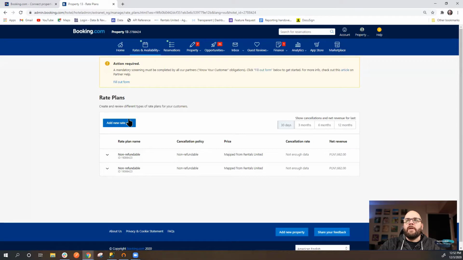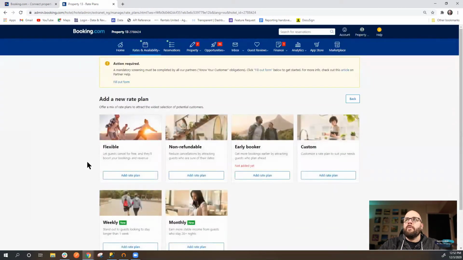Okay? Because we're going to add a flexible rate plan. We're going to make something flexible for customers, and we're going to look to charge a premium on that. So go ahead and click Add New Rate Plan, and then you'll be brought here to see where they have